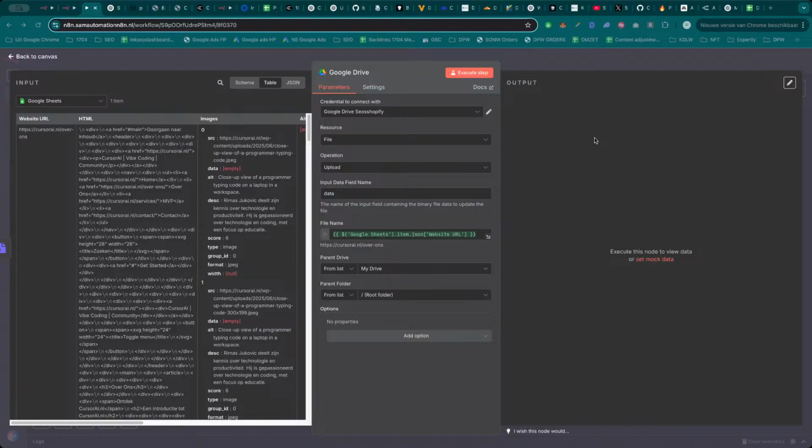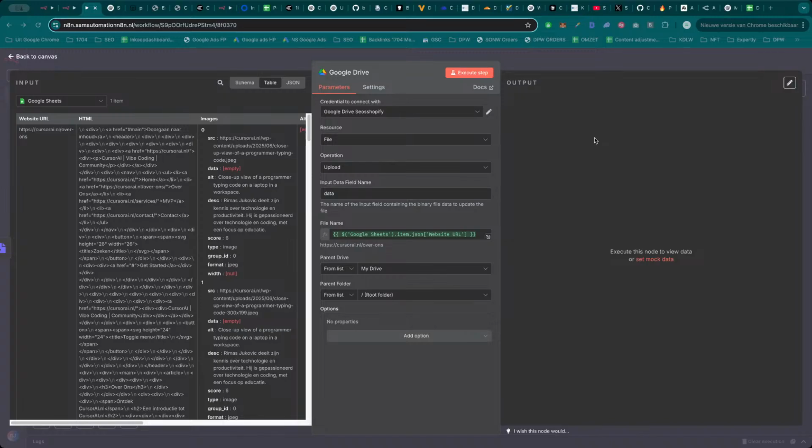Okay, so the file is uploaded. So I think maybe go to this URL, not this one. Let me check, because we can see the screenshot like this, but for now this is okay, because when we're going to work with the agent, we can just pull the image from our Google Drive. So this is the whole